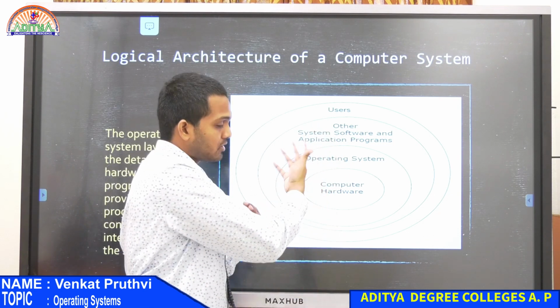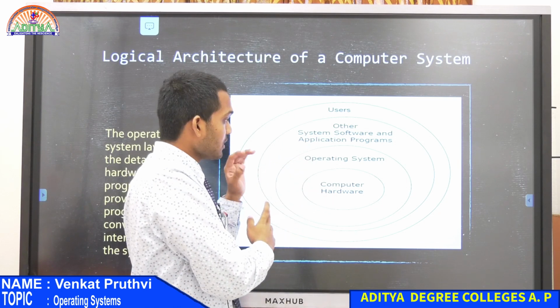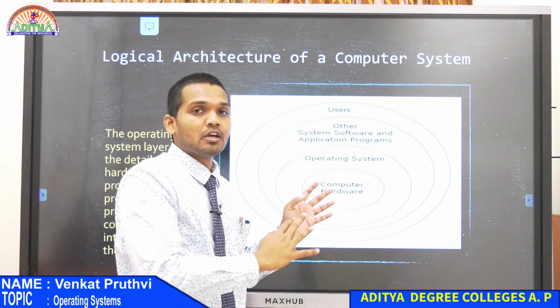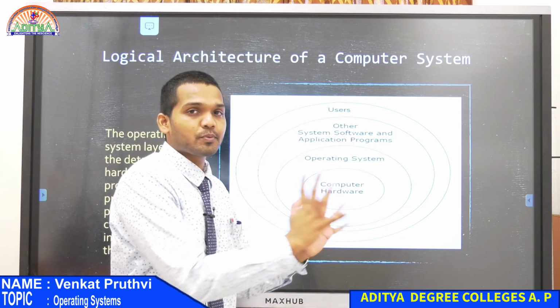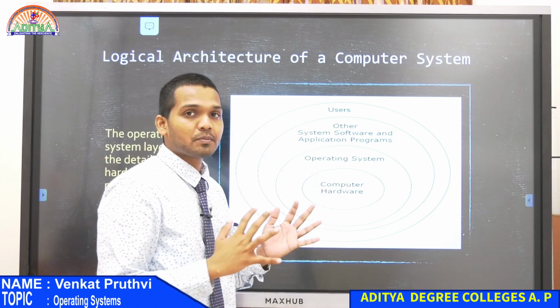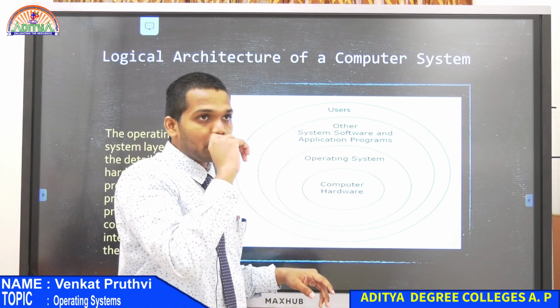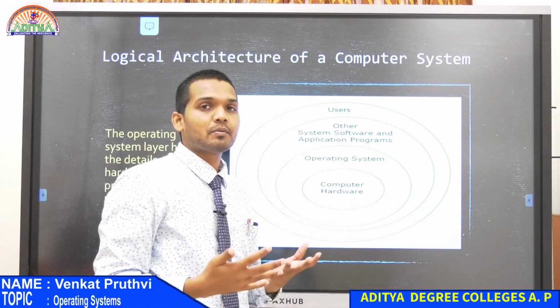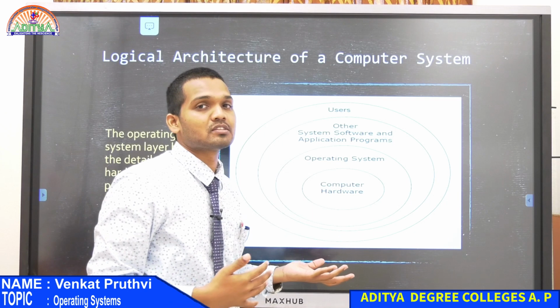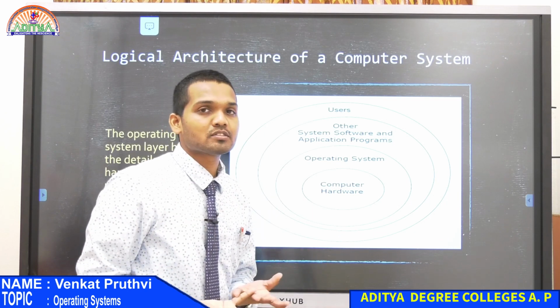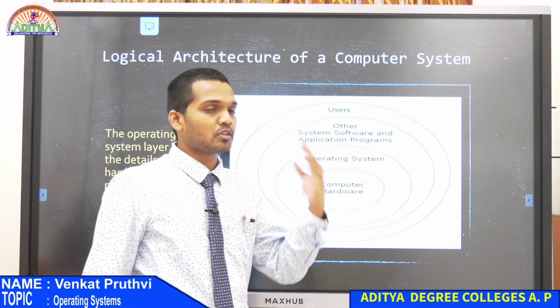He or she says, you, the operating system, please take care of it, I want this process to be done. Now the whole responsibility of the task is upon the operating system. If the operating system is incapable of doing such things, then definitely that process wouldn't be a success, or it wouldn't be up to the mark.